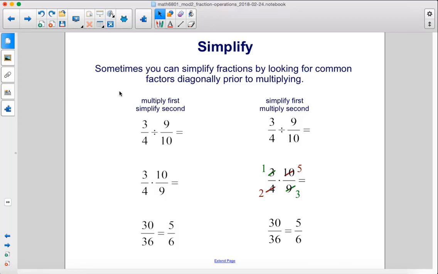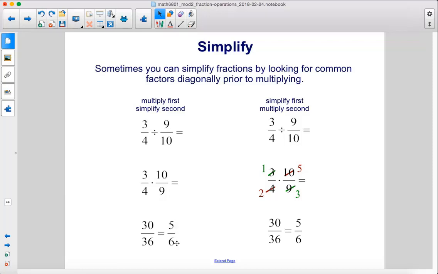Sometimes you can simplify fractions by looking for common factors diagonally prior to multiplying. So here we multiply first and simplify second. We have 3/4 divided by 9/10, and then that becomes 3/4 times 10/9, which is equal to 30/36, which then